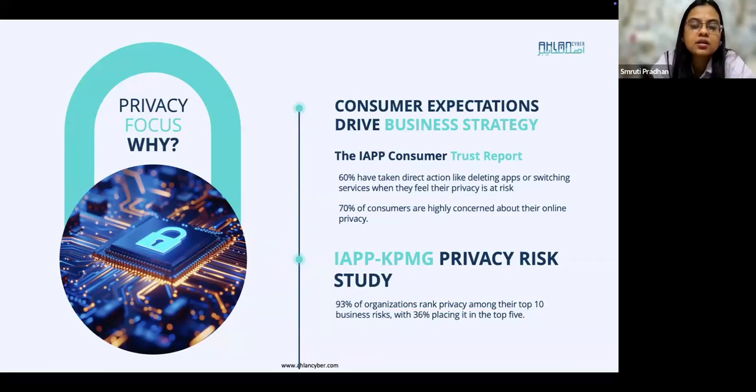So this is where trust is taking center seat in the decision-making process of consumers. And one more interesting insight is that 60% of consumers are taking direct action in the way they want organizations to handle their personal data. Since they feel their personal data is not being protected by organizations, they're taking actions like adjusting their privacy settings in the products and services being offered.